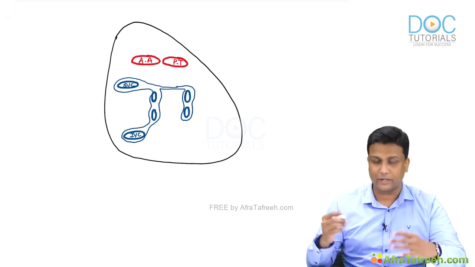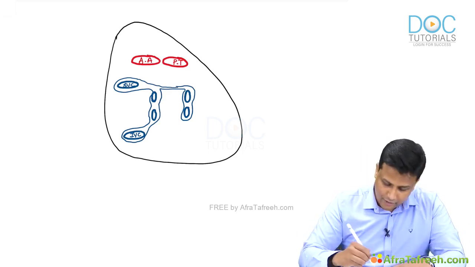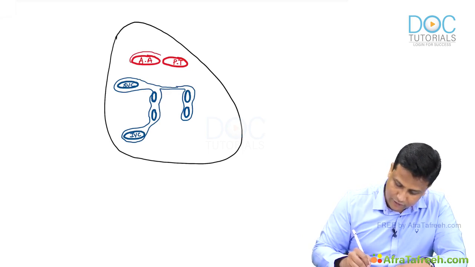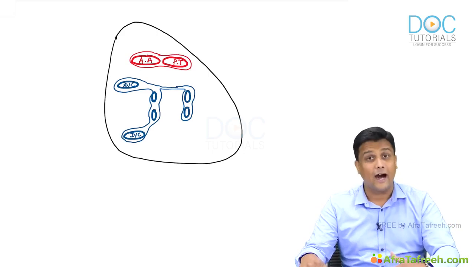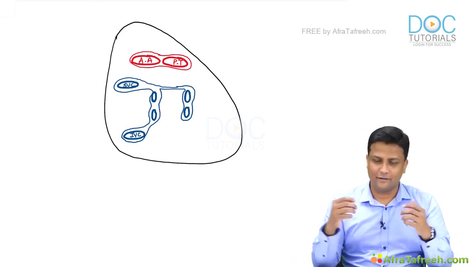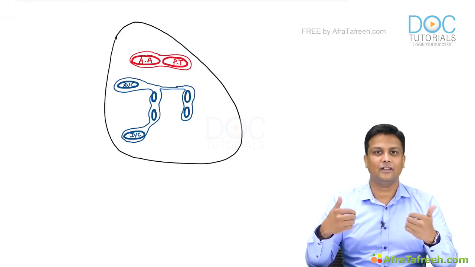They are the ones which are going to bring the blood back to the heart. Whereas the ascending aorta and pulmonary trunk, these two are going to take the blood away from the heart. So these two come under which category? Arterial category. Arterial category. So basically what is happening here, when the blood vessels are entering and leaving the heart,